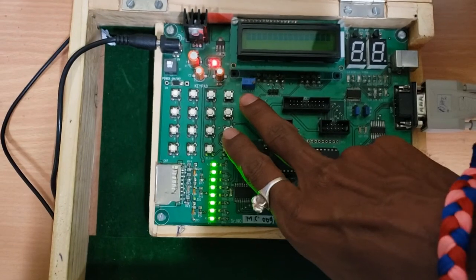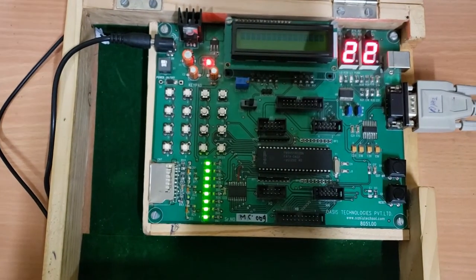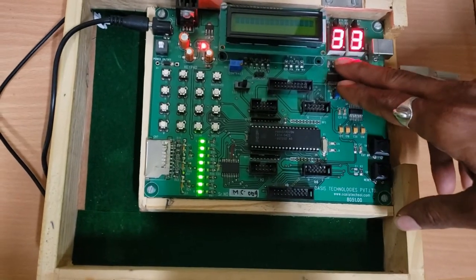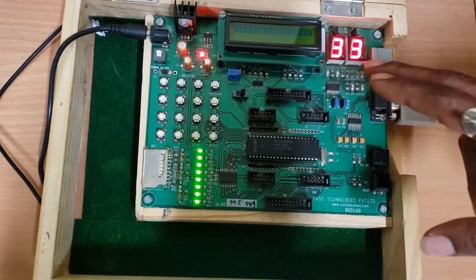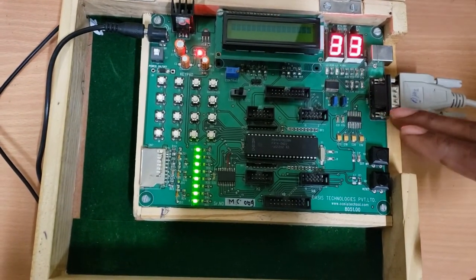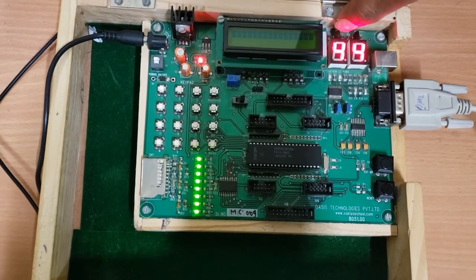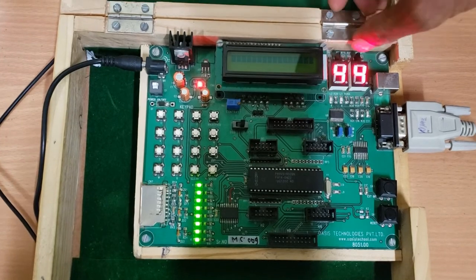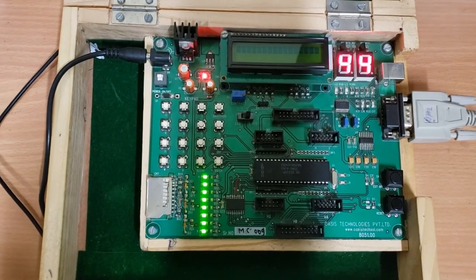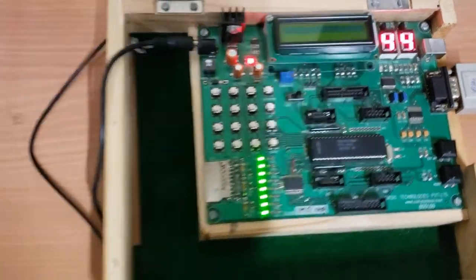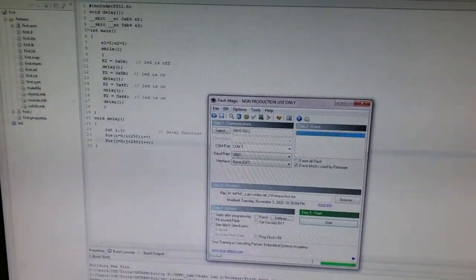If we slide this to 7-seg, you can see the program is running, quite simple. And here we have used our port 3.4 and 3.5 simultaneously to enable these two. And these are the transistors which we have drawn in our circuit diagram, BC547 transistors. And that is the code which we have dumped into our microcontroller.